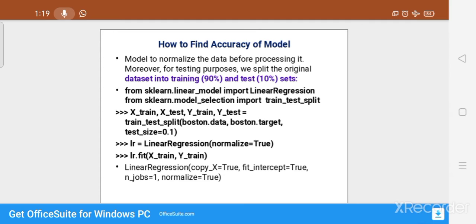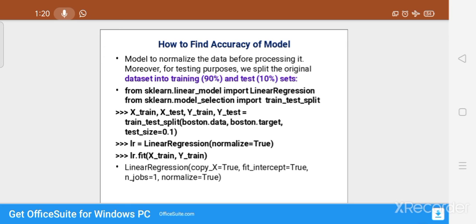That is, the x parameter and y parameter of the data set are divided into x_train, x_test, y_train and y_test. With this split function we have to give the test size. The test size will be 0.1, as we are giving only 10% of the data for the testing purpose.